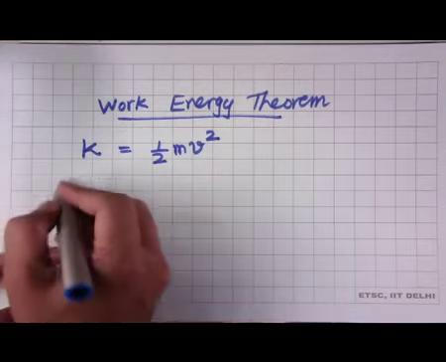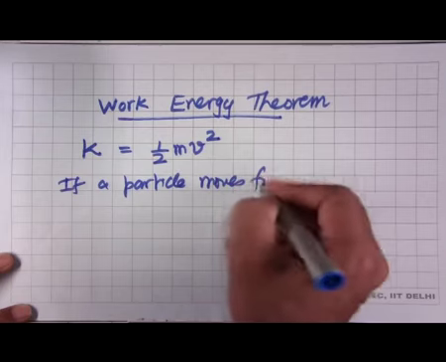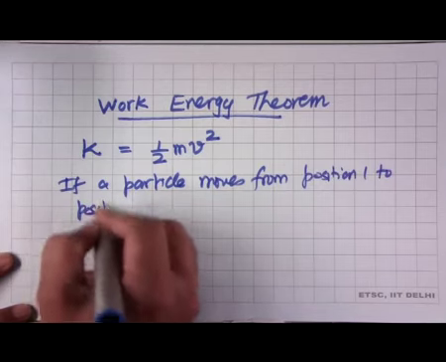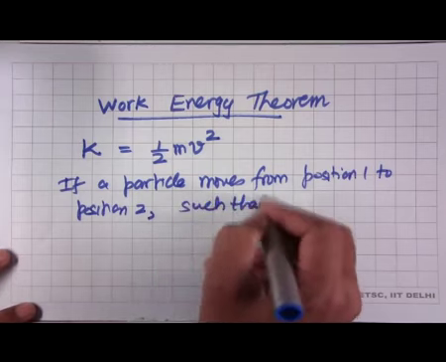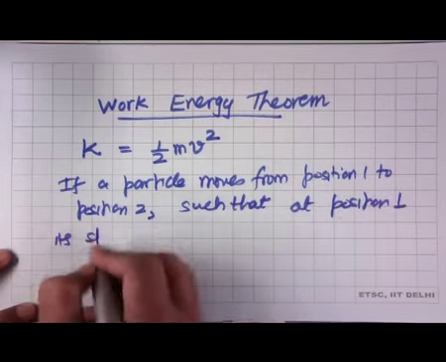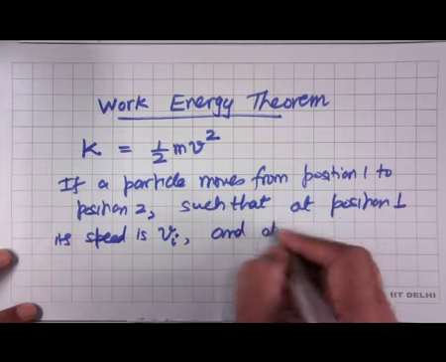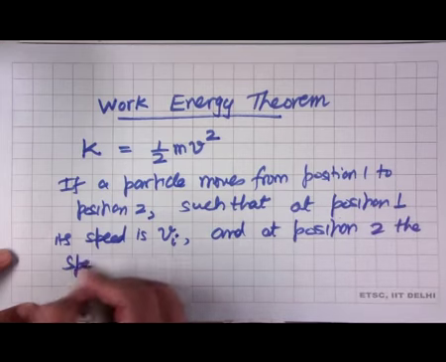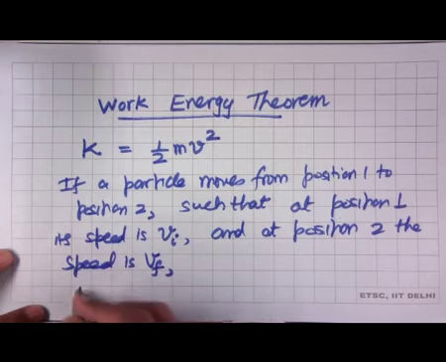Now, if a particle moves from position 1 to position 2 such that at position 1 its speed is v I, and at position 2 the speed is v f, then what we can see is the kinetic energy